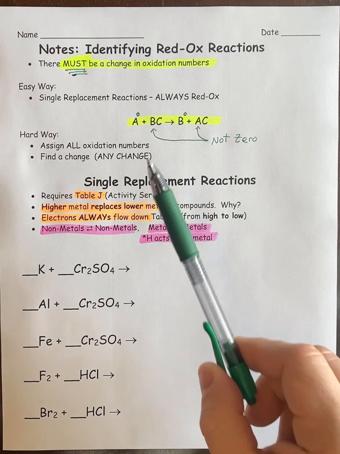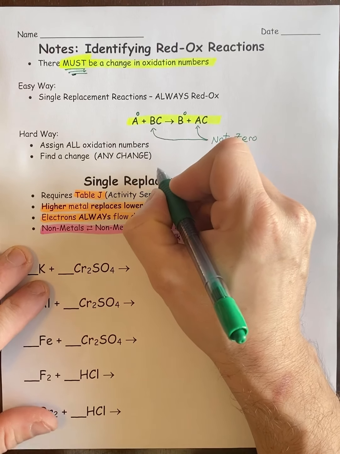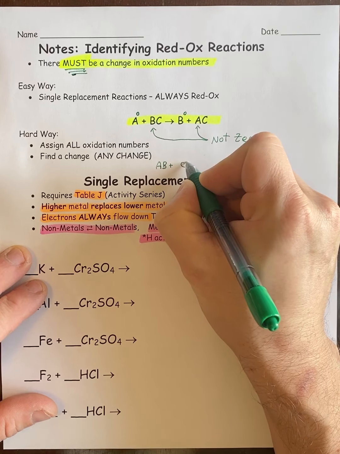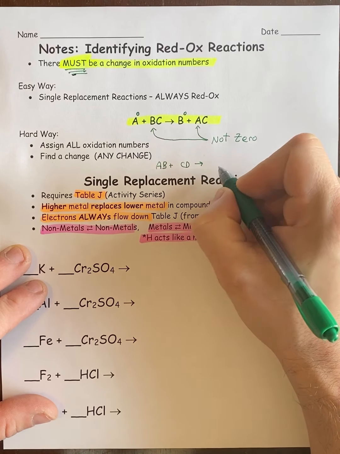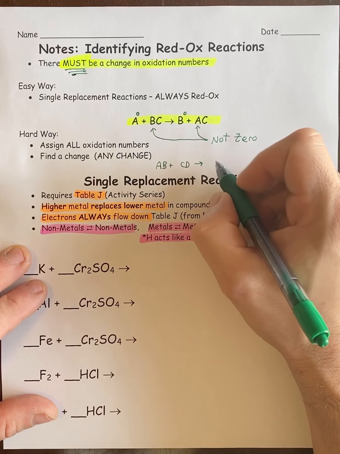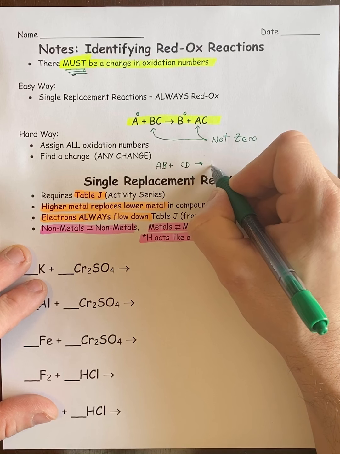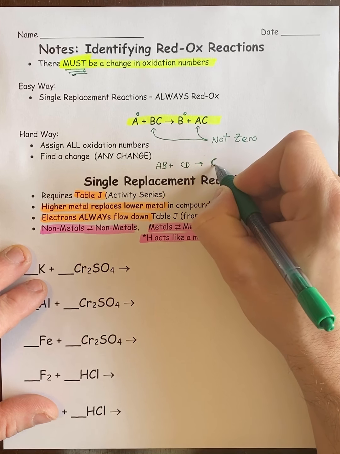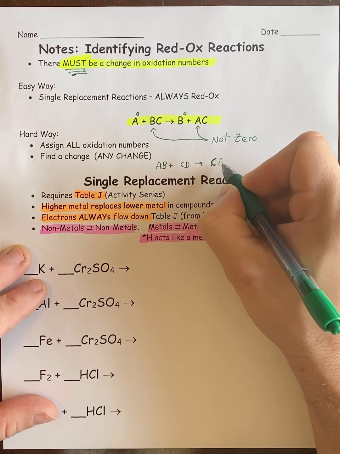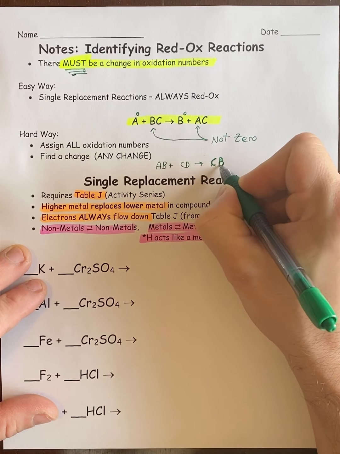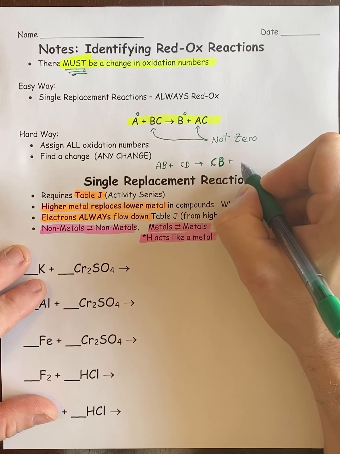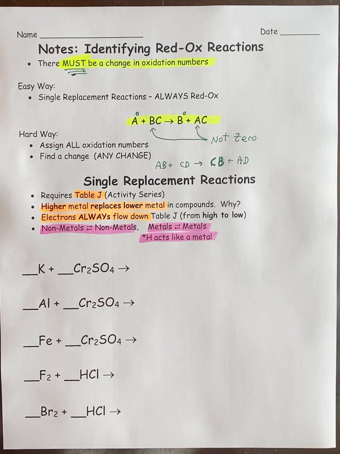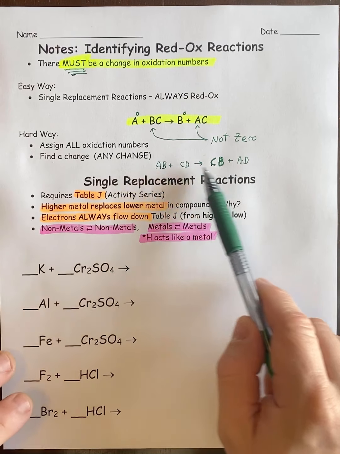The hard way would be if there was a reaction that was like this, unfortunately, where you had A, B plus CD, and then they do something with it where you have, I guess we could do C, B plus A, D. With this setup, if you got reactions like this, you'd have to do it the hard way,